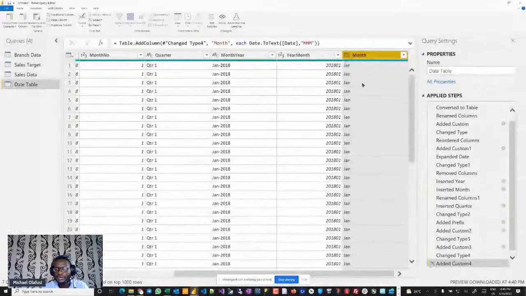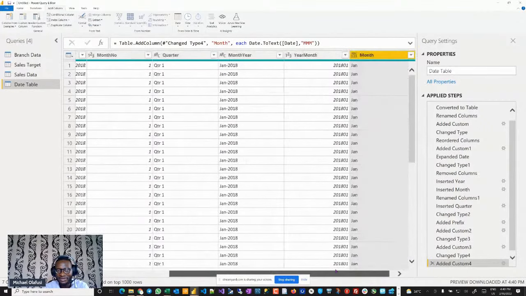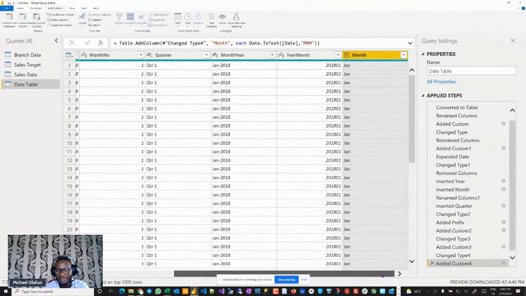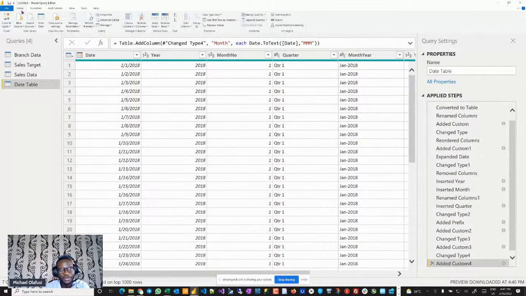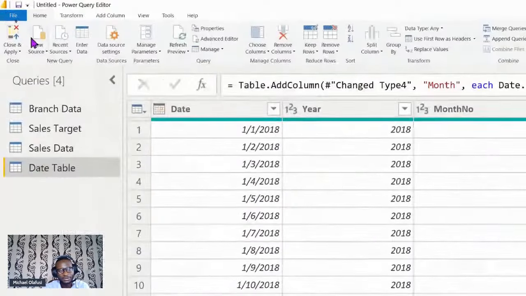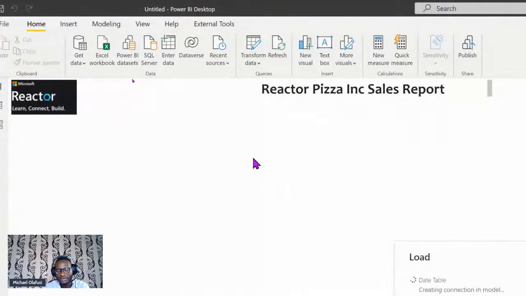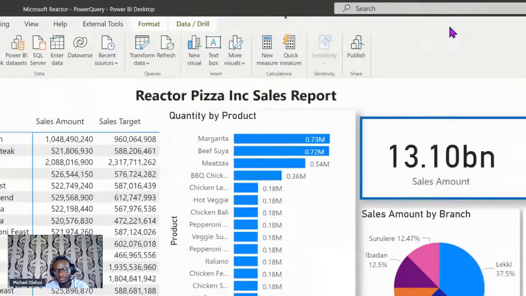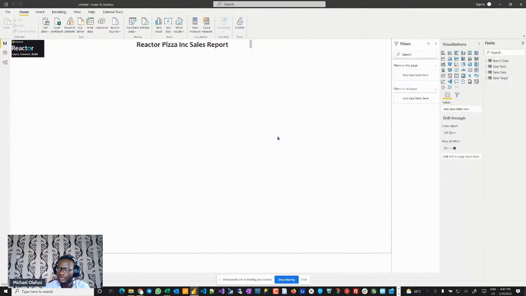All right, so right now let me just eyeball it. I think I have all I need. Yeah, so I'm good. All right, so with this information, I'm going to now go back here, close and apply, then see if I can create my date table, right? So let me take this out of here. So now I should be able to create a date dimension, right?